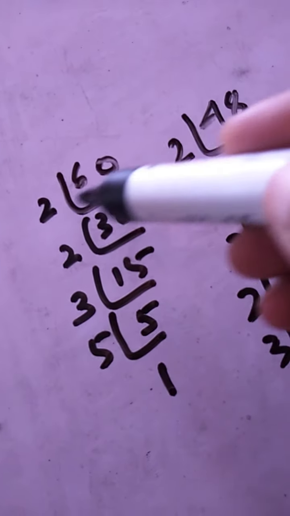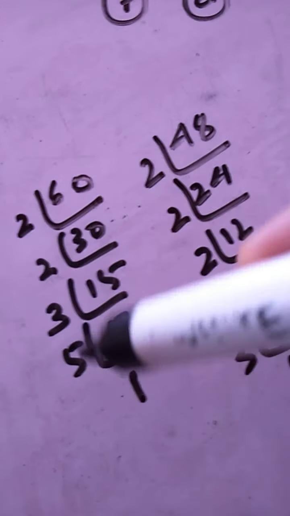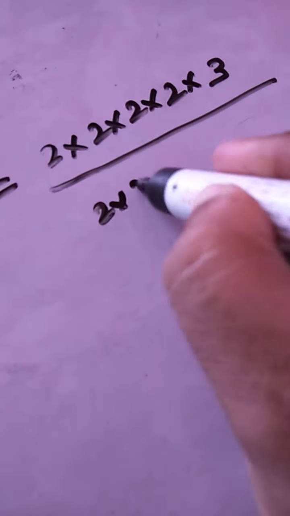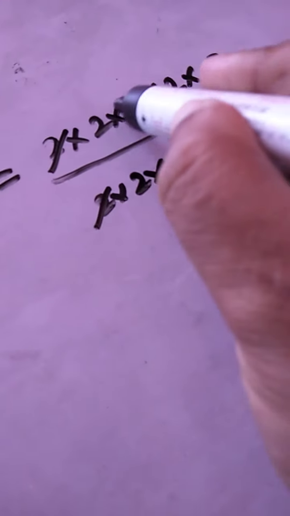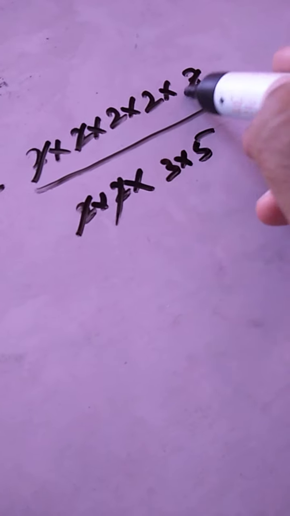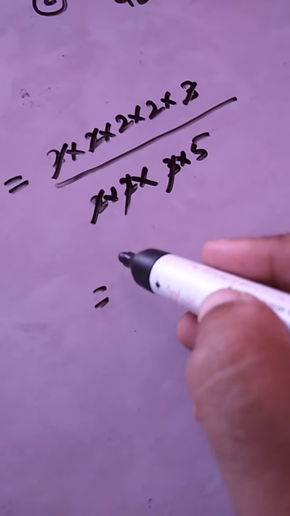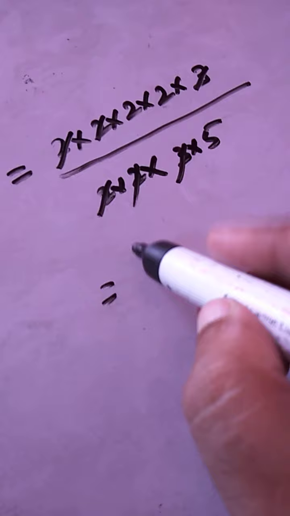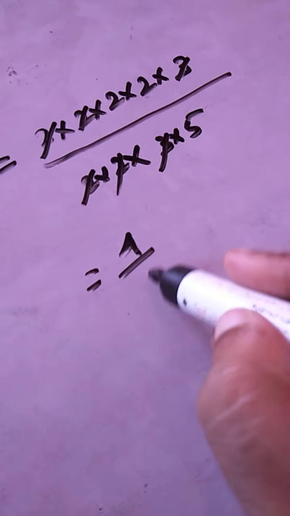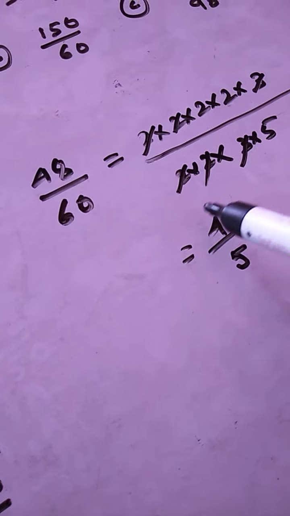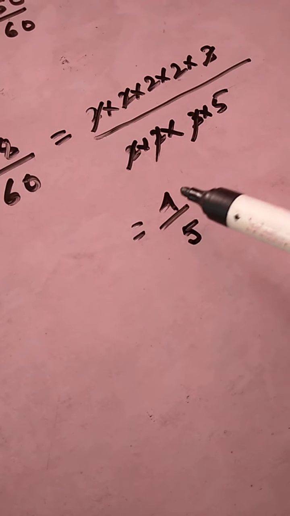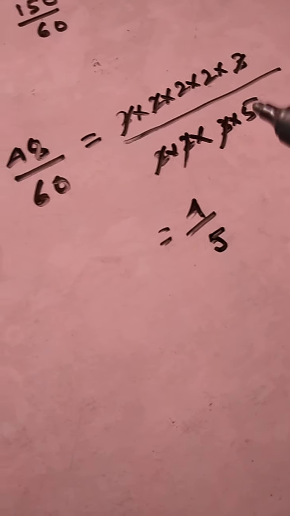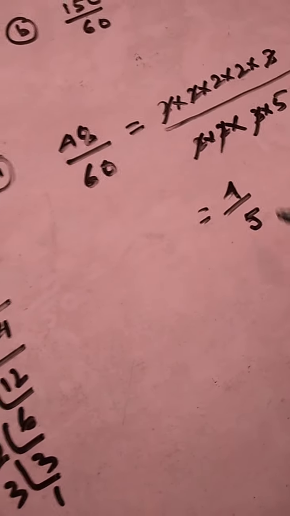Okay, remember. Now 60, in place of 60 what will we write? 2 into 2 into 3 into 5. Now just reduce all the similar numbers. Now 3 is reduced. So what is the answer? 2 2s is 4, and in the denominator what is left out? Only 5. So the simplest form of 48 by 60 is 4 by 5. You see that 4 and 5 share only 1 as a common factor. So the answer of sum number A is 4 by 5.